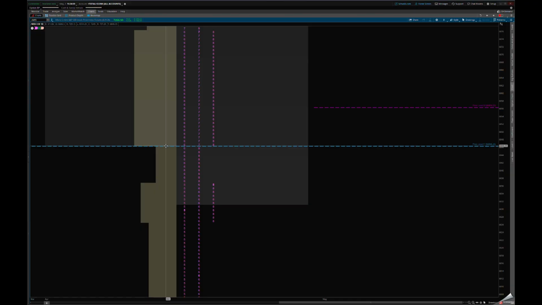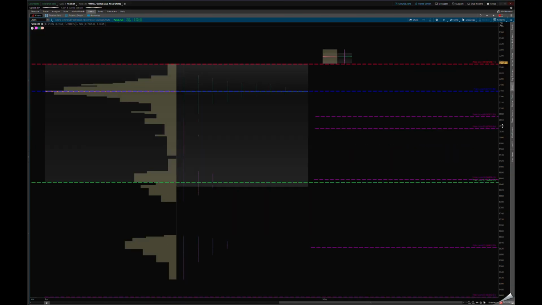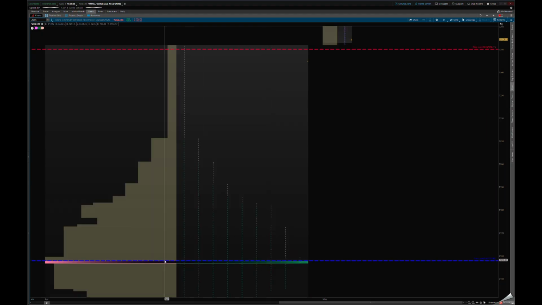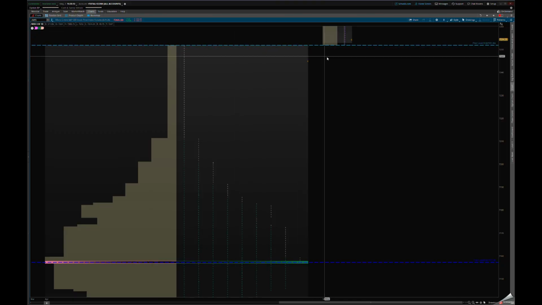You can see here, I'm going to do it, but we're not going to spend much time beating a dead horse, because usually coming back to the point of control or testing the value area high when you're running very high, you want to come into it and bounce off it. But if there's weakness in the market and you close inside the bar, then you look for the point of control. And if it bounces off the point of control, you look back up. And if it breaks through, it's to the downside.